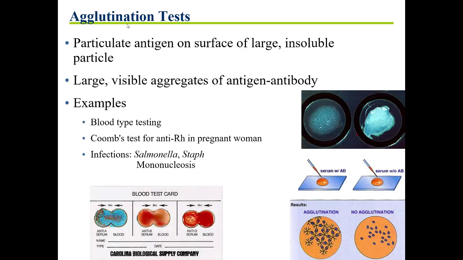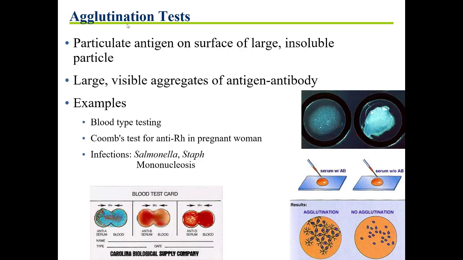And you can see that in the first well and in the third well, and that means that these red blood cells have got A antigens on them, and the well to the right where it says anti-D, that's a major Rh antigen. So the person has the Rh antigen on their blood cells, but not the B, because you see no agglutination in the B middle well area. So this blood is A positive. Agglutination